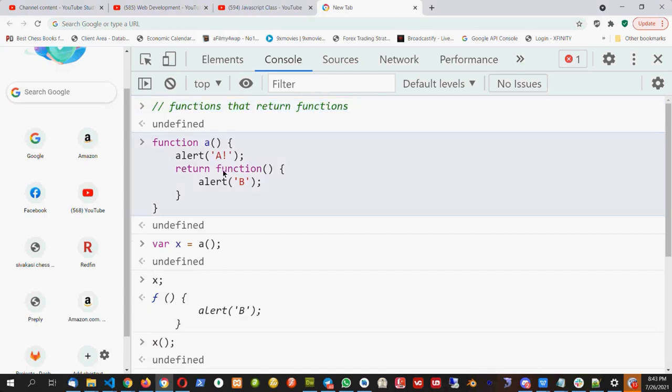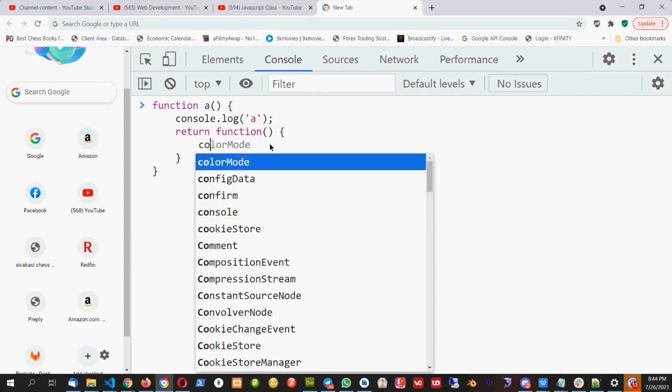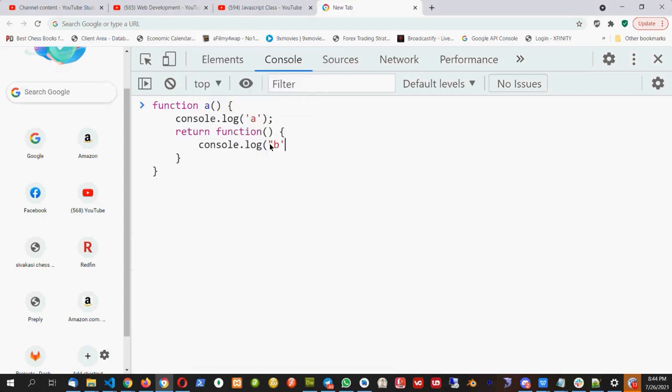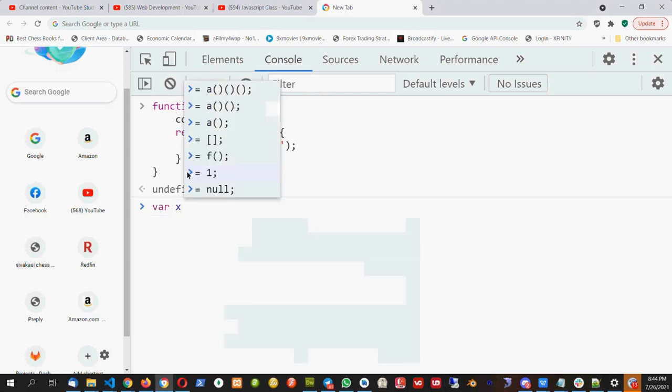This is a function that returns a function. I have function A, it alerts something or does something and then it returns something. So let me rewrite this again. Let's do console.log A, console.log B. So when I call x equal to A,